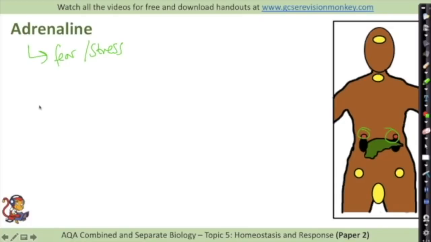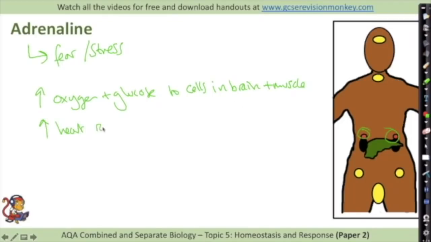You need to know that the release of the adrenaline causes an increase in oxygen and glucose to your cells, particularly in the brain and your muscles. Brain so that you can think and coordinate your response, and the muscles so that you can move quickly and react. It will cause an increase in heart rate, and it will therefore trigger a fight or flight response,